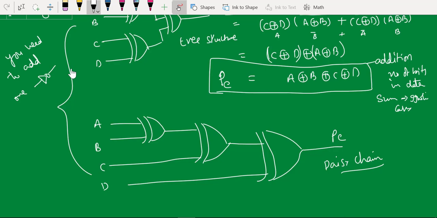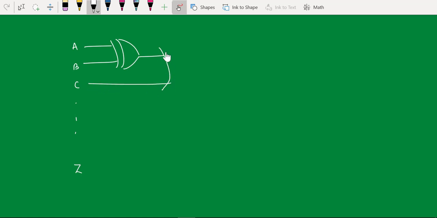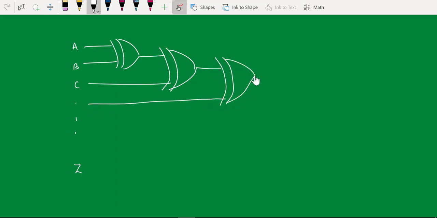Suppose you have an n bit number and you want to find out the parity. What you do is, let's take A, B, C and so on, and the last bit is Z. First you take XOR of these two, and if I use a daisy chain structure, then one more here, and similarly one more, and finally you are going to have many XOR gates here, and whatever result you get finally is here.